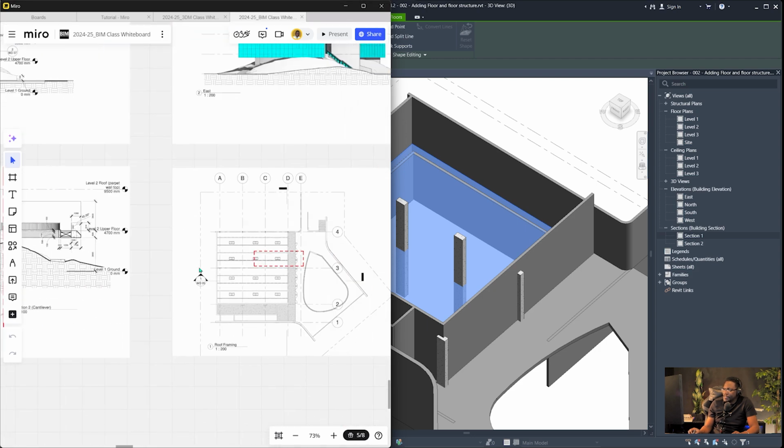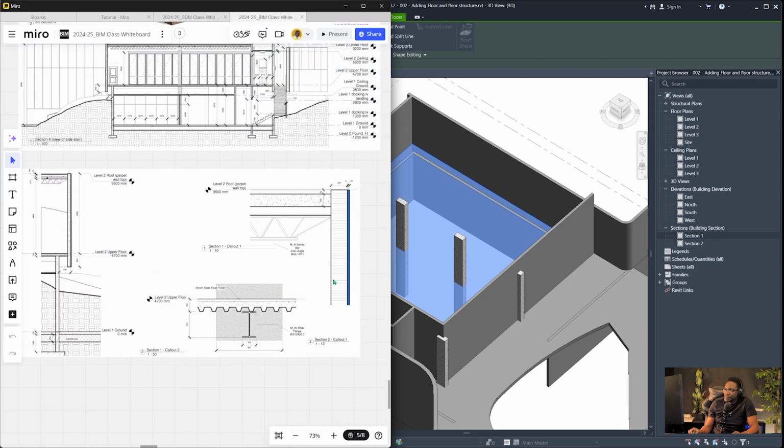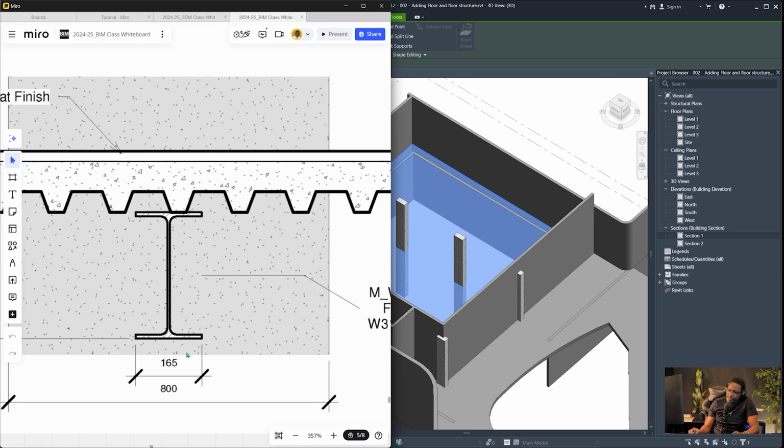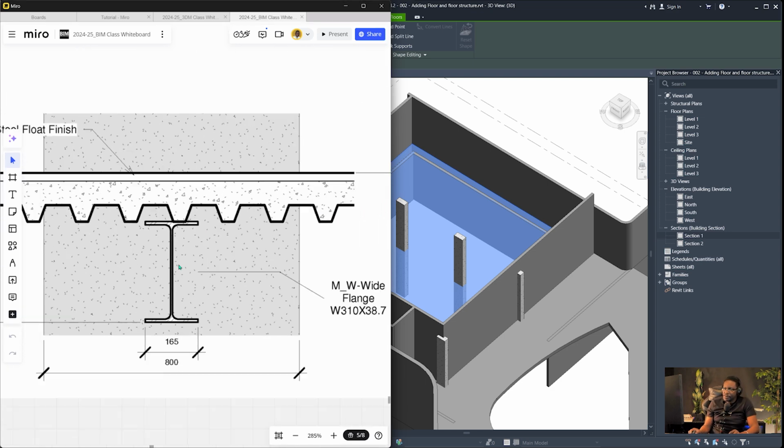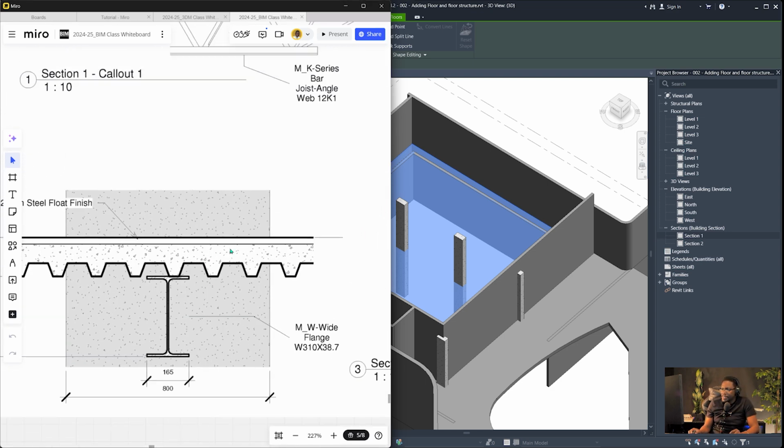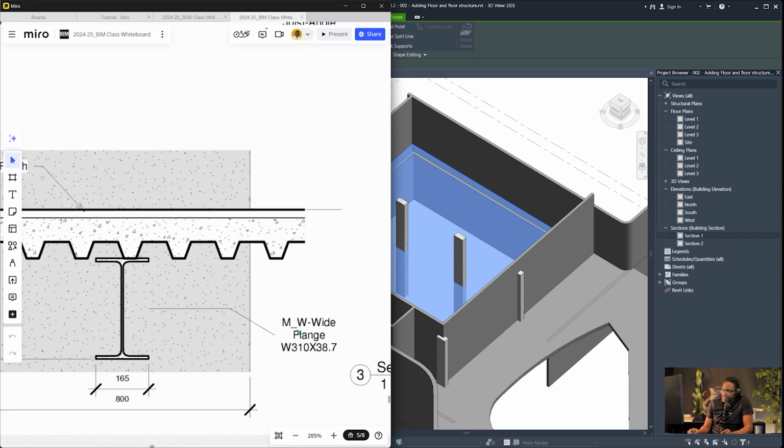And if we look at this detail in our reference drawings, we can see that that is what it should look like. So we already had the metal deck in, and we actually put in this detail. Now we need to get this I-beam,